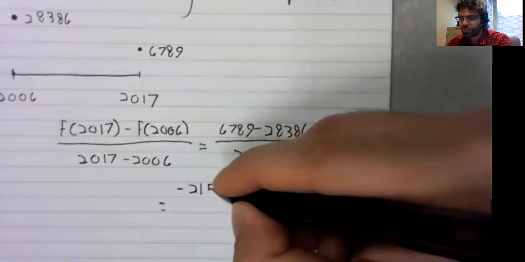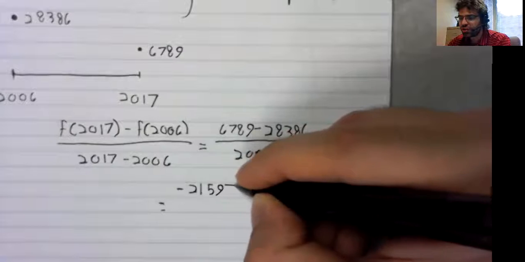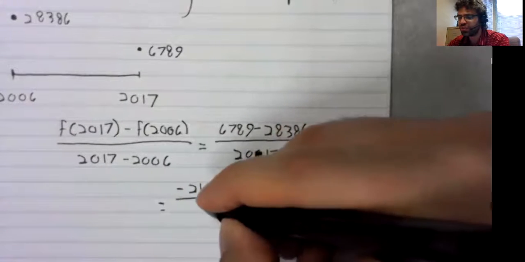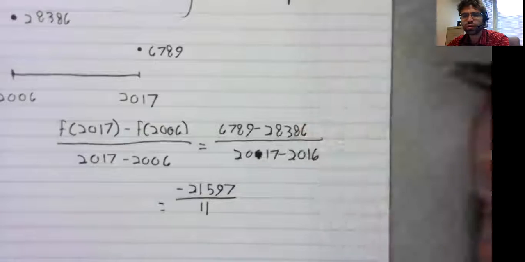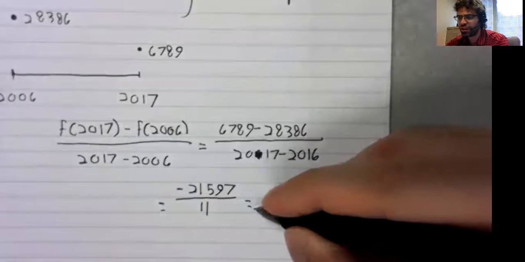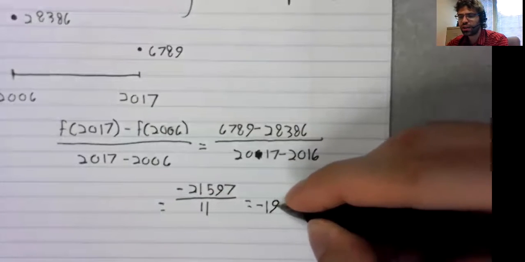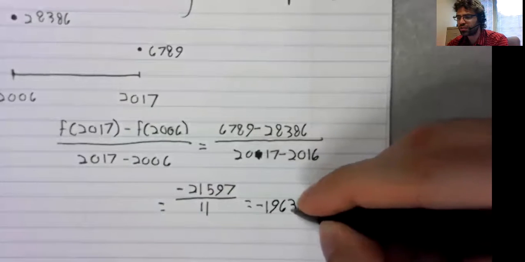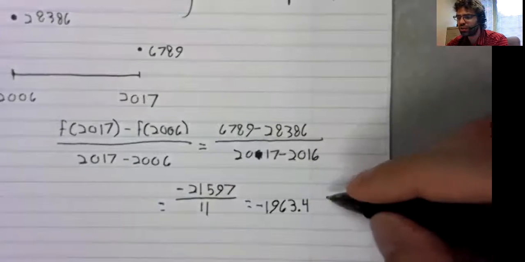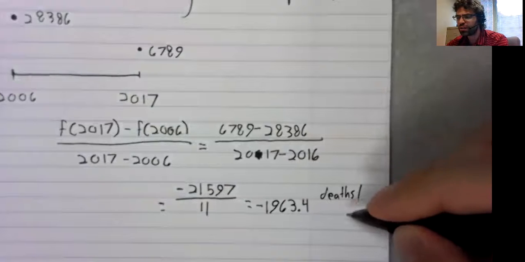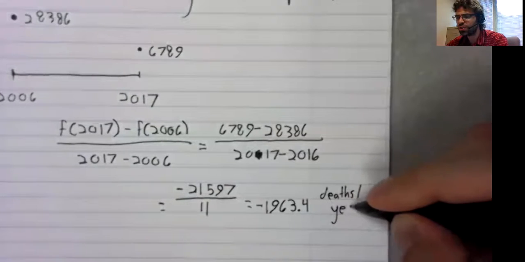That subtraction in the numerator is this. The denominator, of course, is 11. And that works out to negative 1,963.4 deaths per